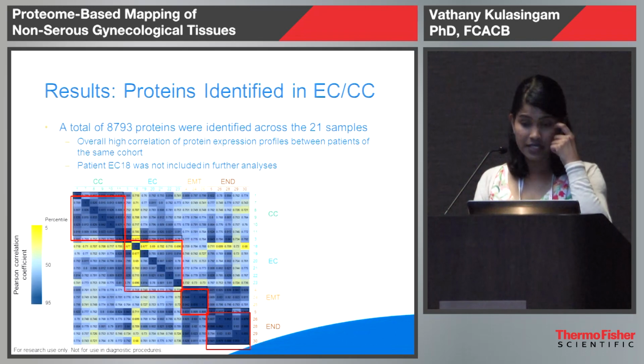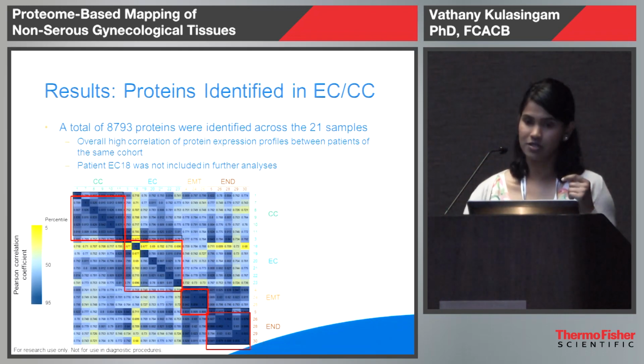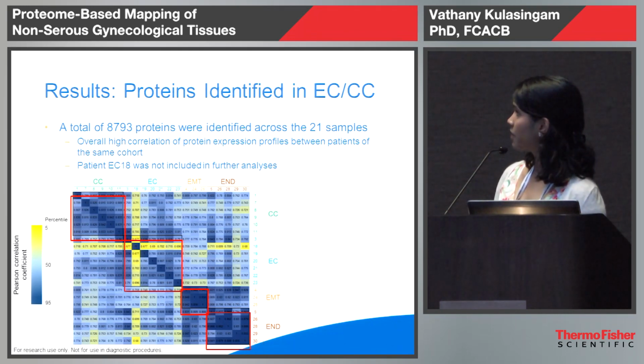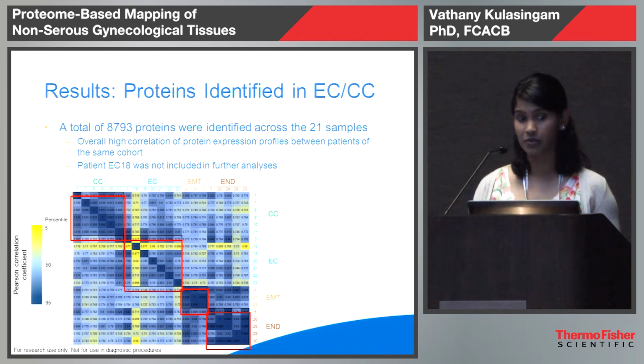between the patients of the same cohorts that you can see. That's highlighted in the red boxes. But what may be interesting is sample number 18, which really didn't group with the endometrioid carcinoma that it was supposed to be. So we chose not to include it further, but we did go back to our pathologist